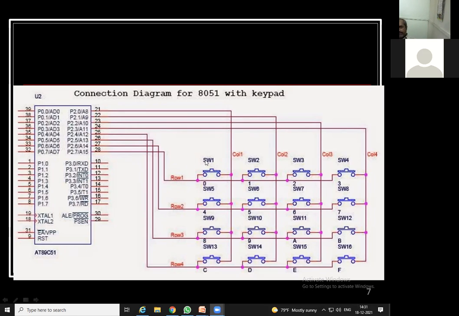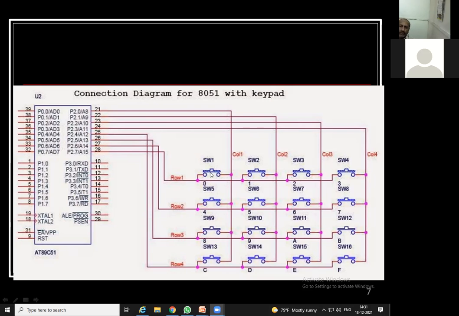But now this time as switch 1 is pressed, हे row 1 चे जे 0 आहे it get transferred to column 1. म्हणजे column 1 ह्या वेळेस 0 होणार आहे. column 2, 3, 4 हे 1च राहतील, पण column 1 will become 0. And due to that I will come to know that की pin number this switch number 1 is getting pressed. अशा पद्धतीने आपल्याला समजू शकते की कुठली की प्रेस झालेली आहे.